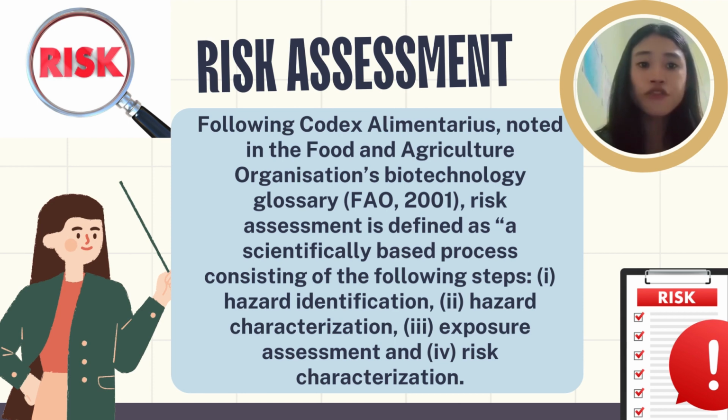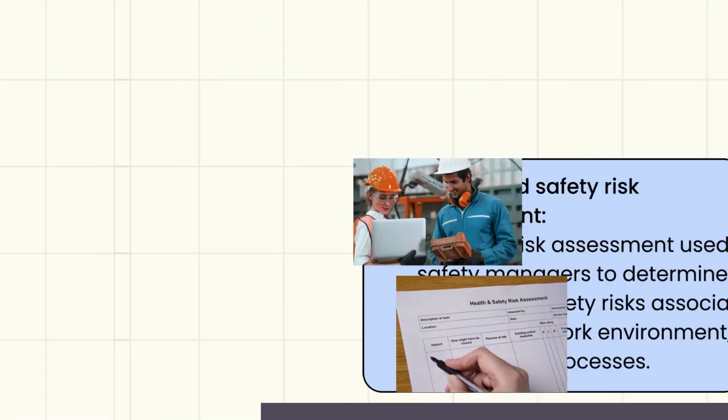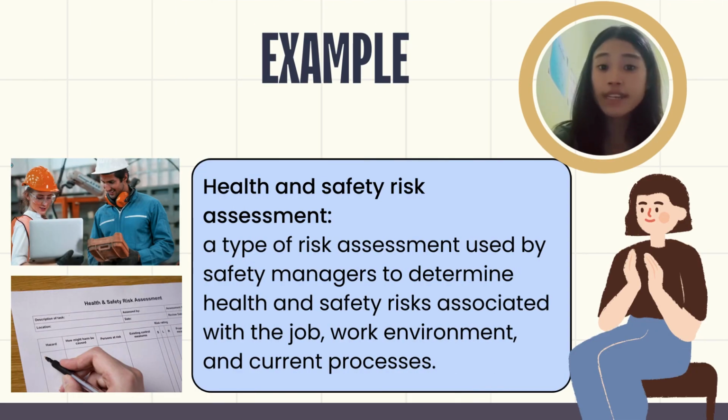Risk assessment, following Codex Alimentarius as noted in the Food and Agriculture Organization's Biotechnology Glossary, is defined as a scientifically based process consisting of the following steps. The first is the hazard identification, second, the hazard characterization, third, exposure assessment, and the last, fourth, is risk characterization. We have this first example: